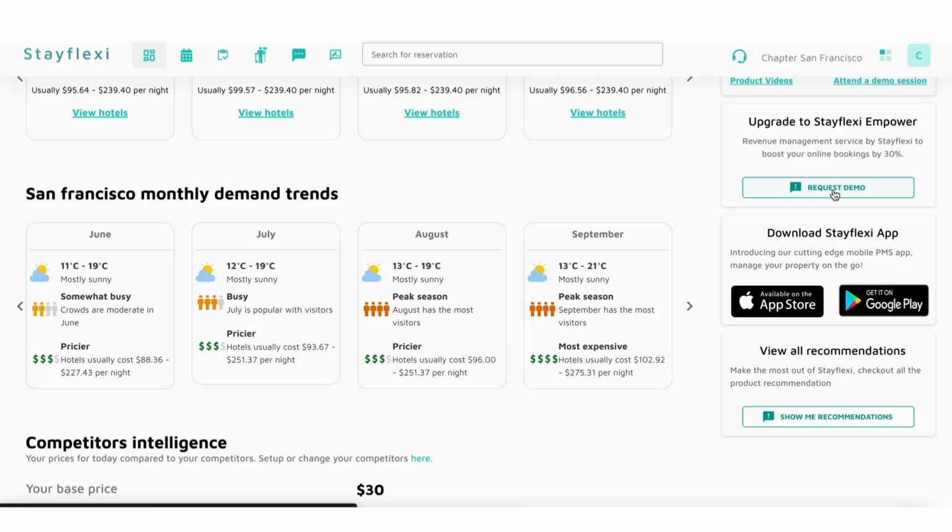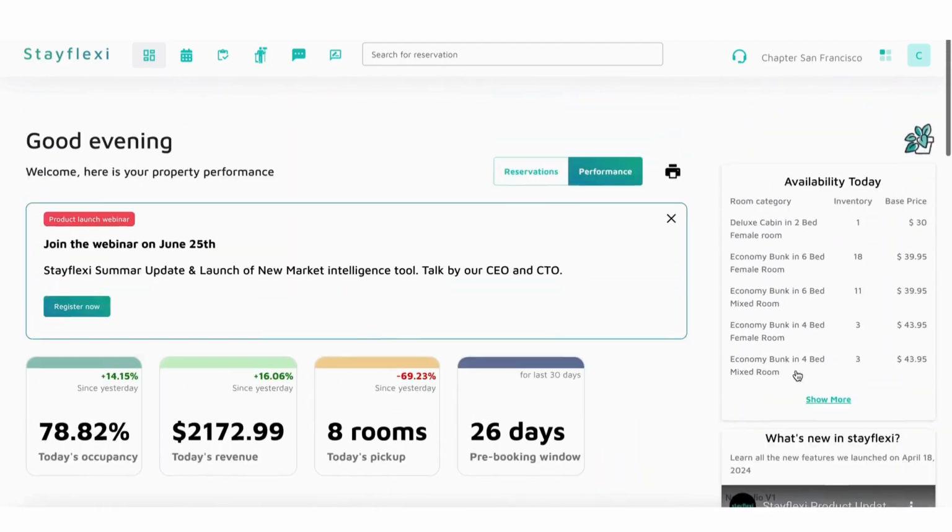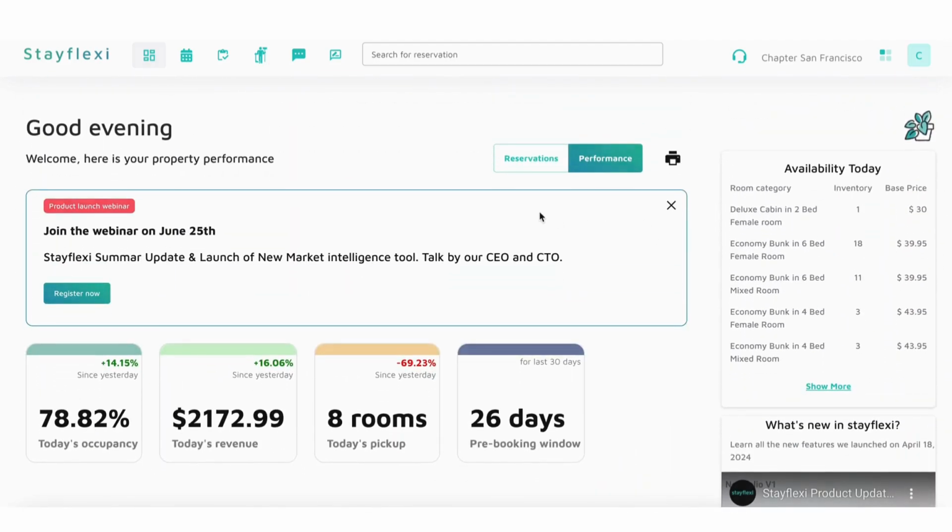And there will be some intelligent suggestions about how you can opt into certain features so that it generates more revenue for you. And we do have a mobile app. You can download the mobile app and check out everything on the mobile app. We highly recommend you download it. We have both Android and iOS mobile apps. So yeah, that's really quick about the dashboard. Now let's move